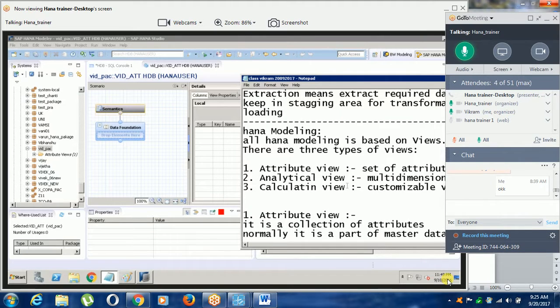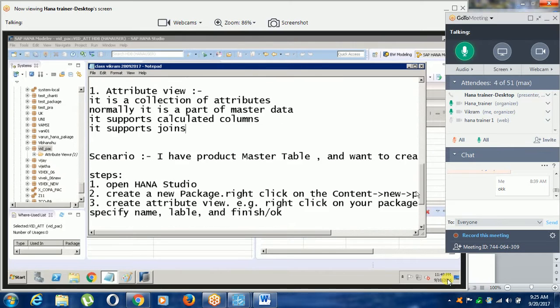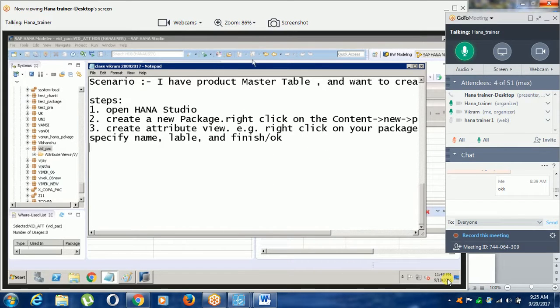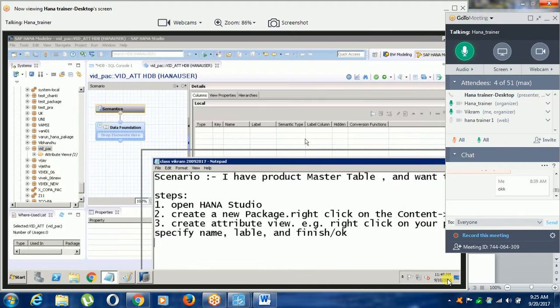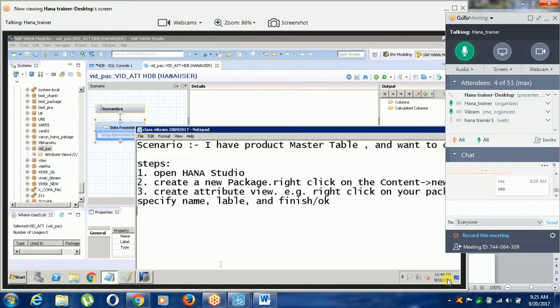In this screen, I will tell you, the screen will appear with the following sections.